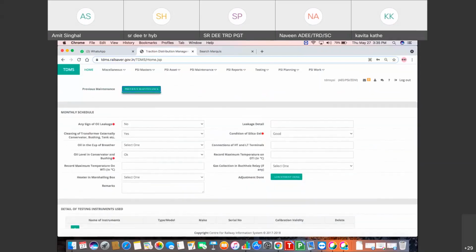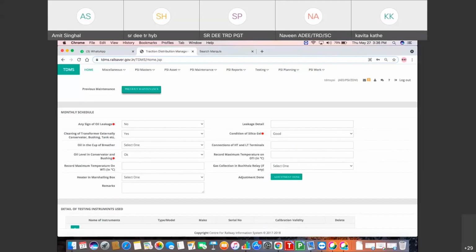After that, the performer for monthly schedule for transformer maintenance is available. User has to fill this performer for transformer maintenance. The fields showing with red stars are mandatory fields, and these are very important fields to be filled by the user. These mandatory fields may not be left blank by the user, and the exceptions will be generated on the basis of these values entered in these fields.